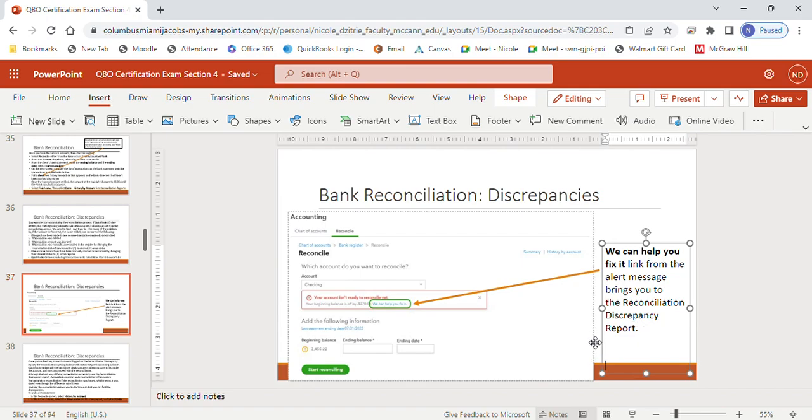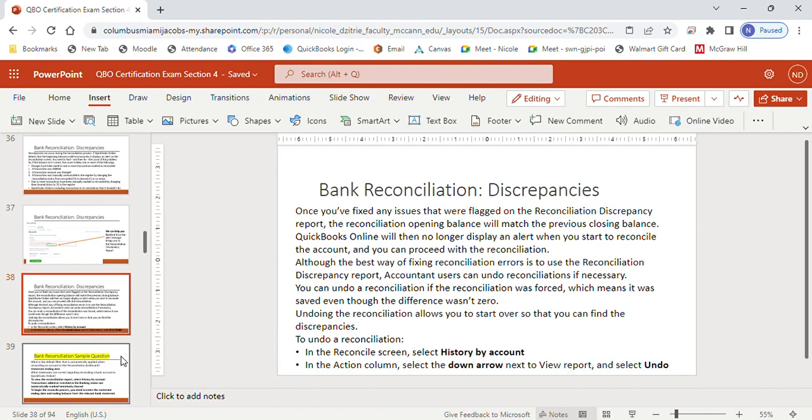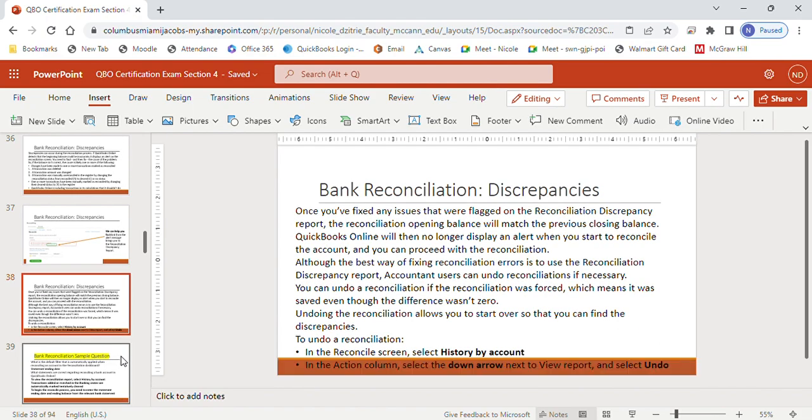reconciliation discrepancy report. So that'll only come up if you have a discrepancy. So if a discrepancy is detected, it immediately will send you this link. You click on it and it will give you suggestions on what you can do. That's in the training section if you like to look at that a little further. Once you've fixed any issues that were flagged on the reconciliation discrepancy report, the reconciliation opening balance will match the previous closing balance, and QBO will then no longer display the alert, and you can start reconciling the account and proceed